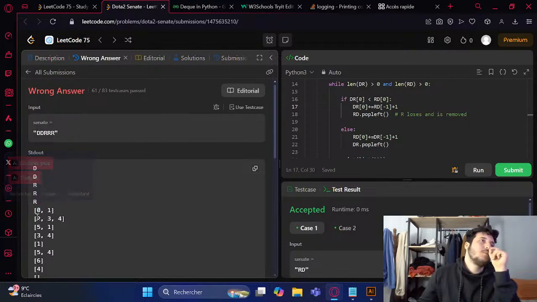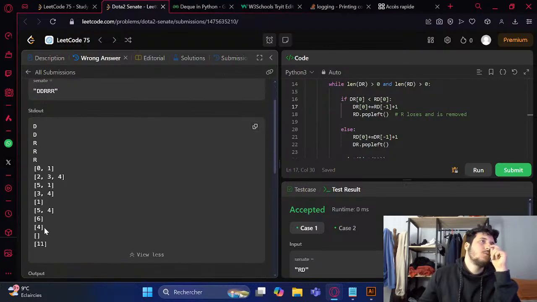The 0 deleted the 2 and then he became 5. Okay, so 5, 1. Then the 3 should delete the 5. So 3 should become 5. And 1 should, and 4 should need